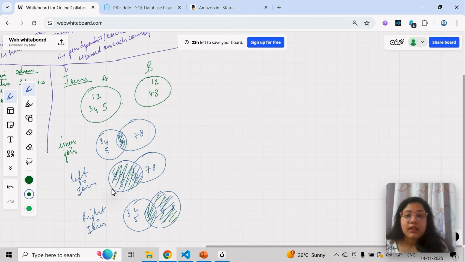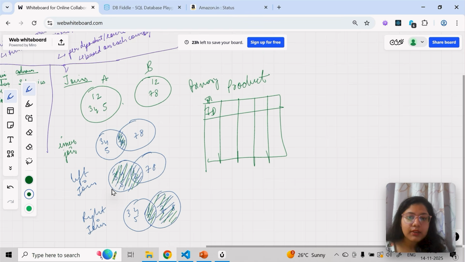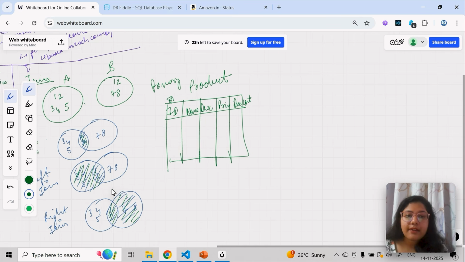Now, where do you need this topic? Think of it like I have a product table. I told you firstly one ID, which is your primary key, has to be there in a table. Then name, then description since it's a product, price, and discount. Now let's say I have another table